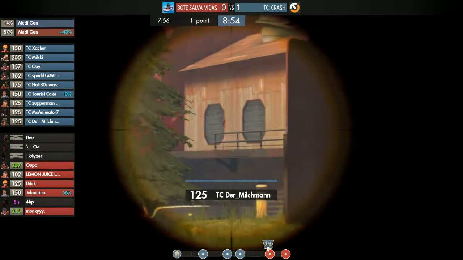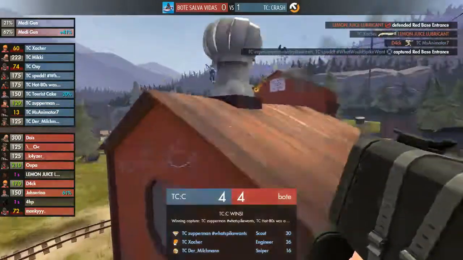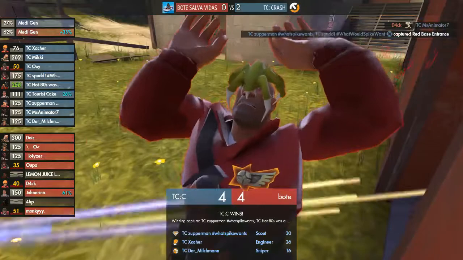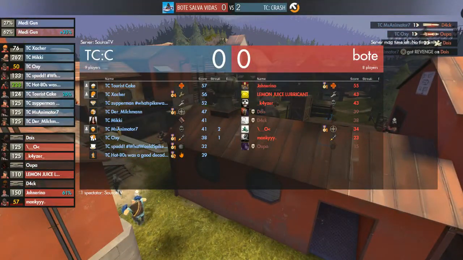You can see Milchman here just taking advantage of this house here, being all the way in the back. He's going to eventually go out here. Soldier versus soldier action in, yeah. TC takes it pretty convincingly. Yeah, that is,